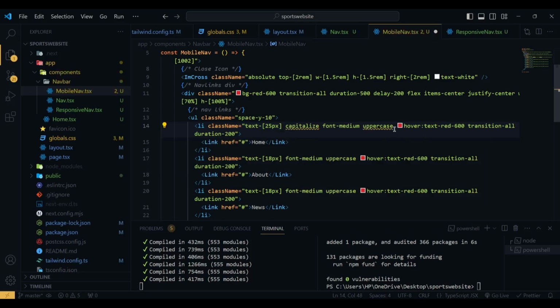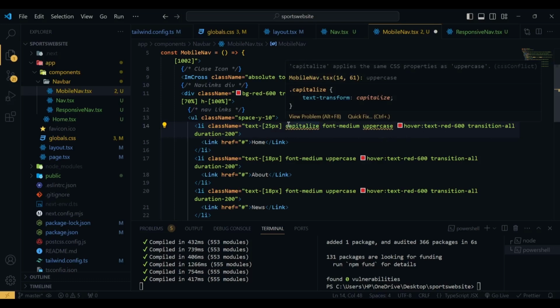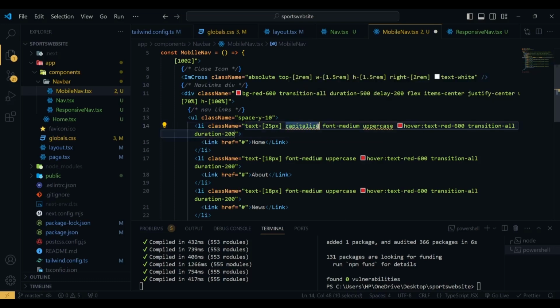We do not need the capitalize because we already have the uppercase property here, so we will stick to the uppercase. And in hover, the text color will be